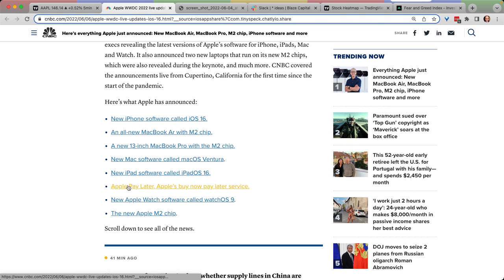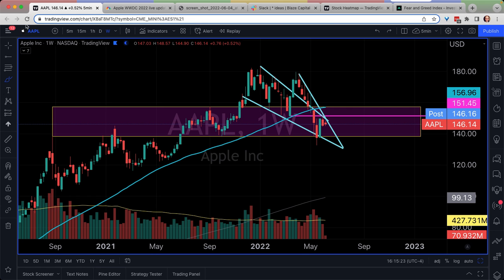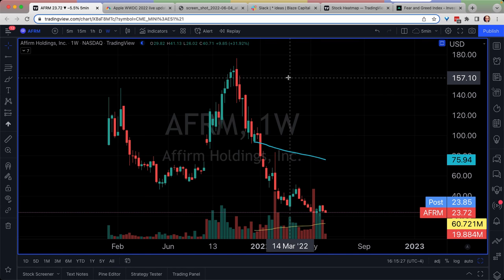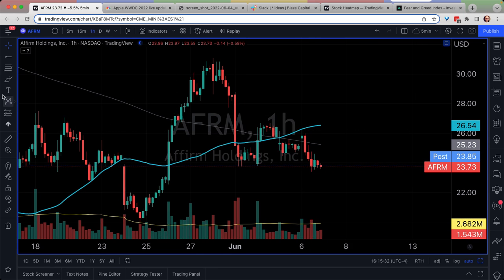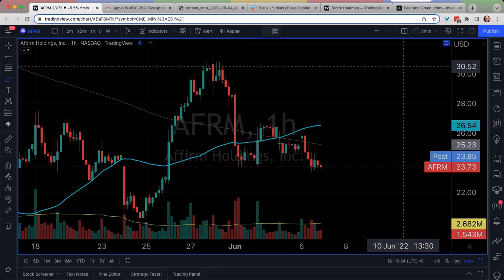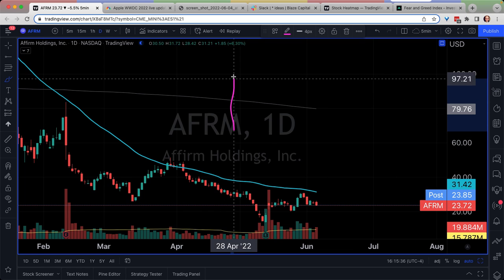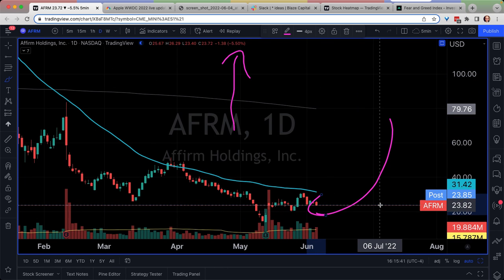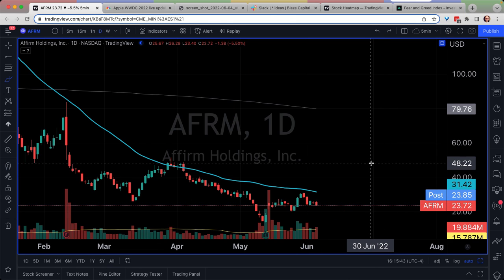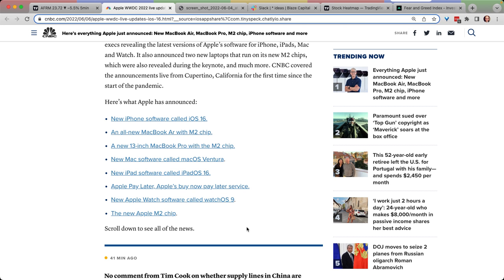Apple Pay Later, right? Yes. I noticed that too. That was pretty interesting because it sounds just like Affirm. If you remember, Apple had a partnership with Affirm where you could buy now, pay later. And we can note that Affirm closed down on the day by 5%, right? Because Apple basically announced something that's going to remove the need for Affirm. They announced buy now, pay later with no interest, which is Affirm's business model. So thanks for the R&D, boys. Now we're going to take this and make it our own.